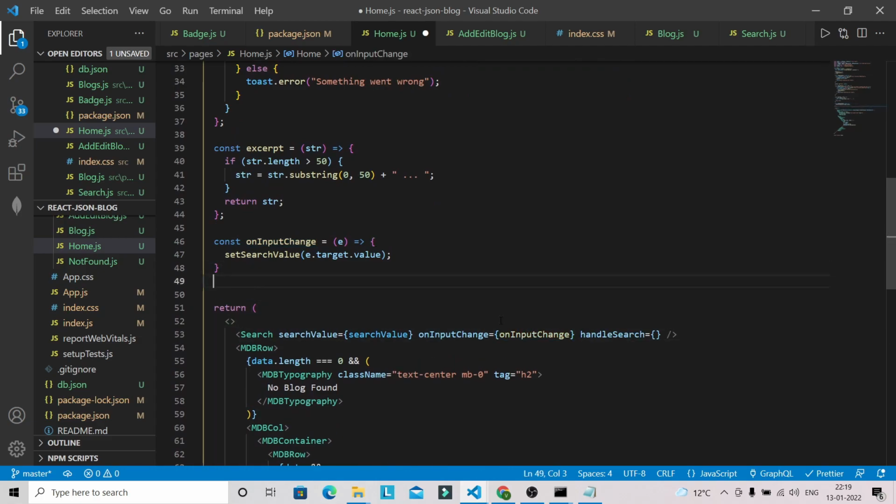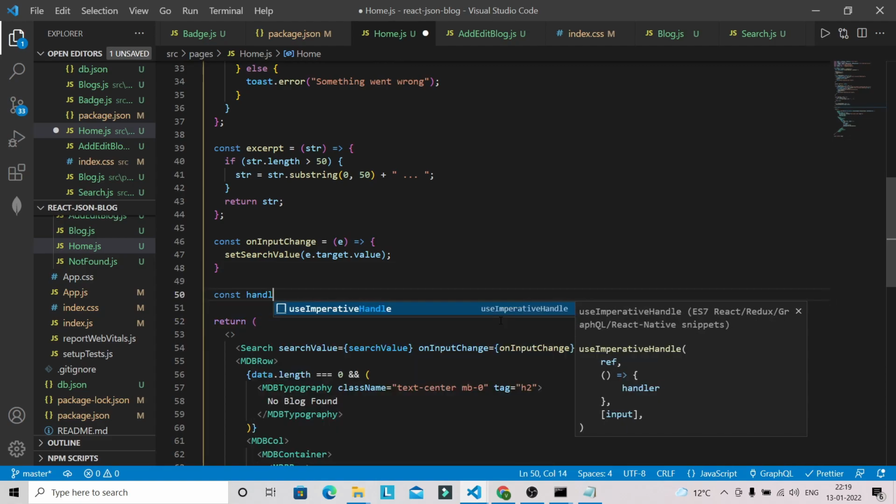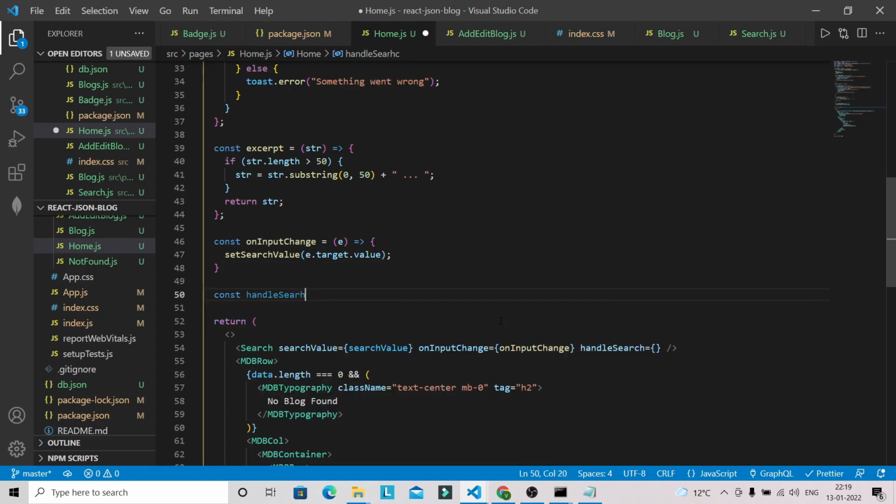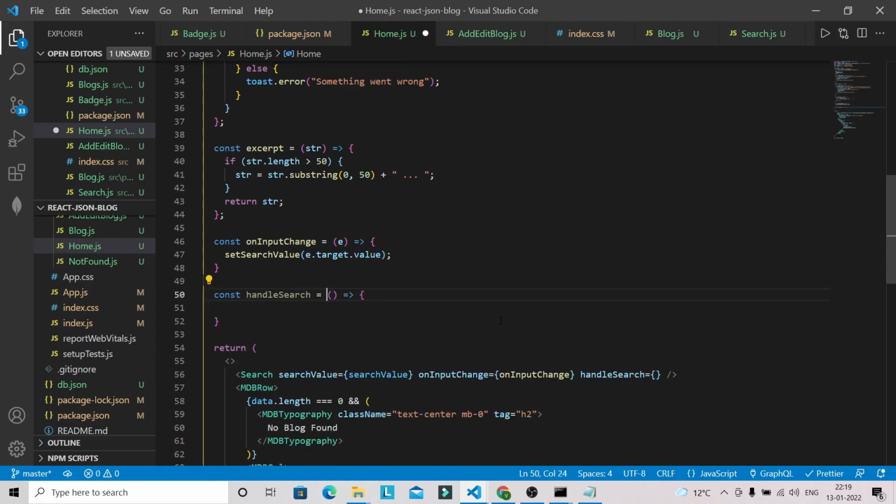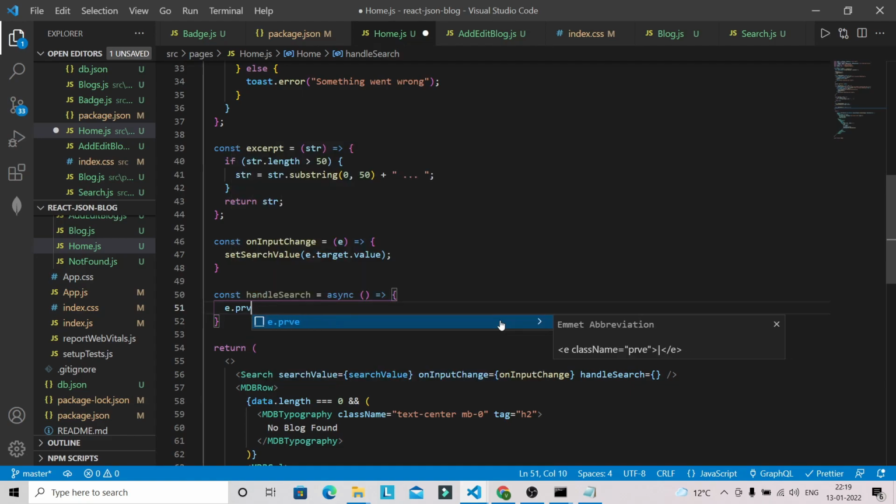Let's define handle search, const handle search, and here it will be async. Okay, and first let's do e dot prevent default, to prevent the default behavior of browser,